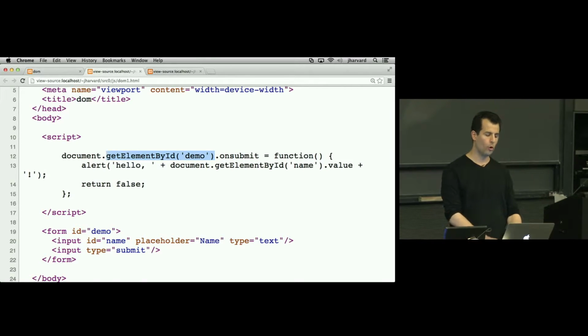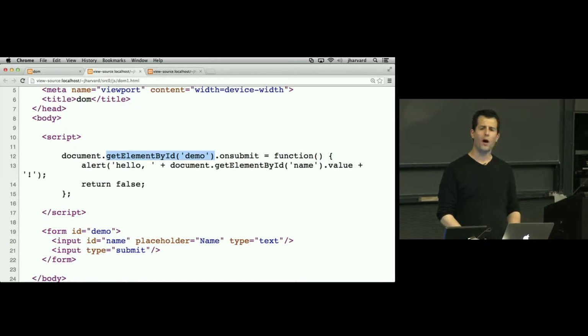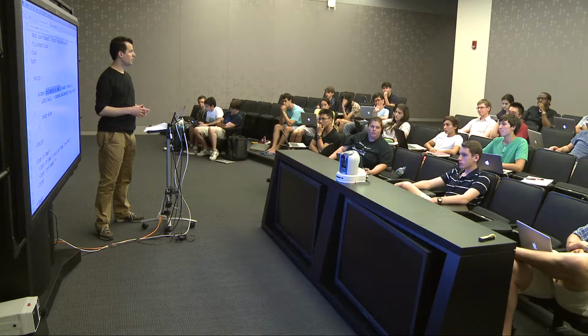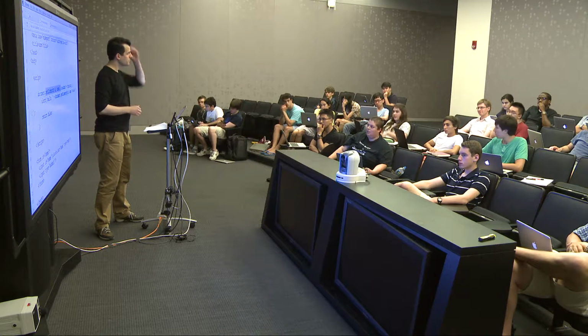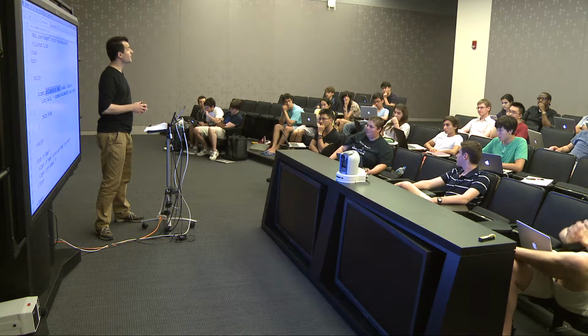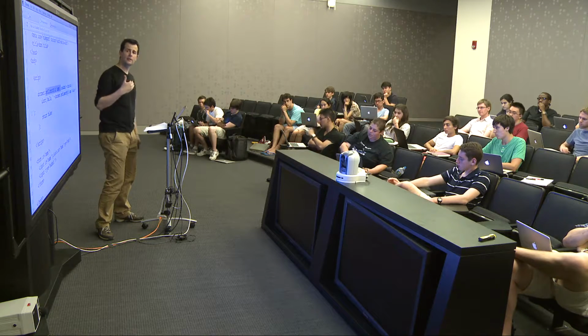In fact, Chrome and most browsers' approach when there's a JavaScript error is just to forge ahead blindly. In this case, it submitted the form, irrespective of my return false. Why is all of a sudden the demo element null? Exactly. It's because the browser is parsing this code top to bottom, left to right, and at this point in